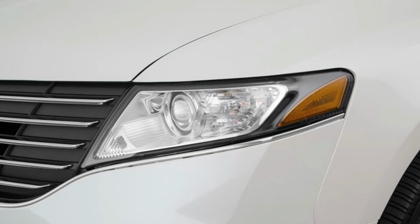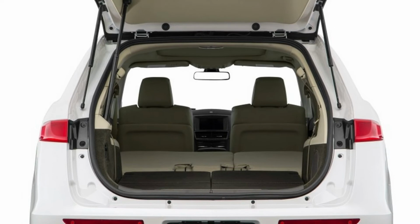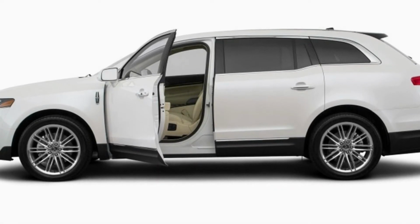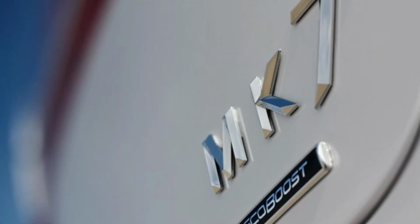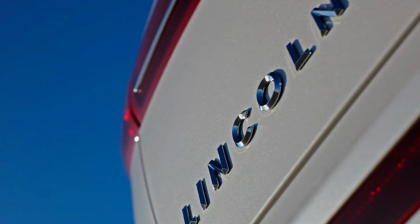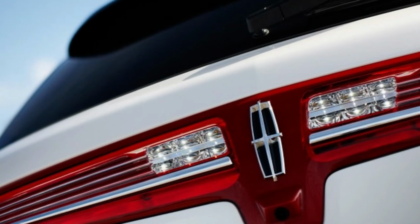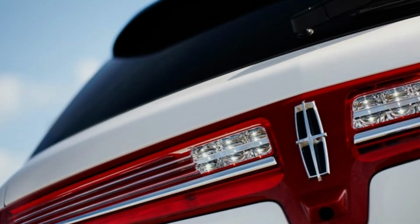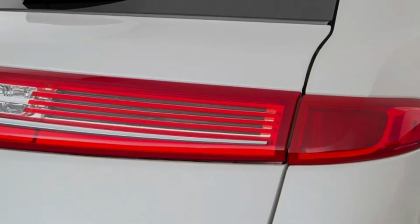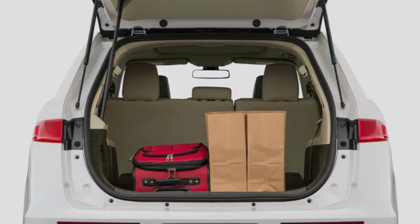The Premier, which is front-wheel drive only, comes with features such as 19-inch alloy wheels, adaptive xenon headlights, automatic wipers, keyless start and entry, remote engine start, a fixed glass sunroof, rear parking sensors, a power liftgate and a rear-view camera. Inside, you'll find tri-zone automatic climate control, leather upholstery, heated and ventilated power front seats, 60/40 split-folding second-row seats with heating, removable seats only,